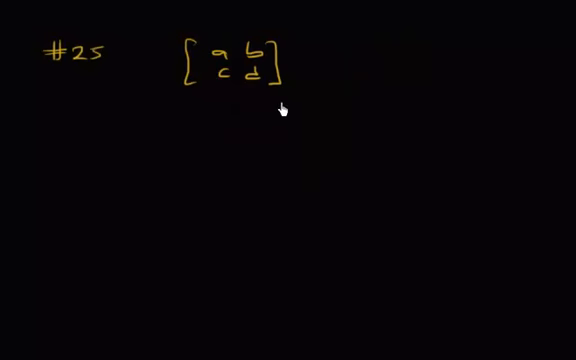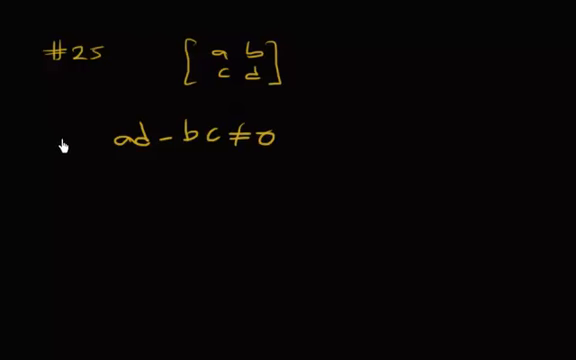Now this one's number 25, and it's discussing when matrices are invertible. In order for a matrix to have an inverse, a 2 by 2 matrix has a special condition that deals with those letters A, B, C, D. So here's how the condition works. If you take A times D minus B times C, if AD minus BC does not equal 0, then